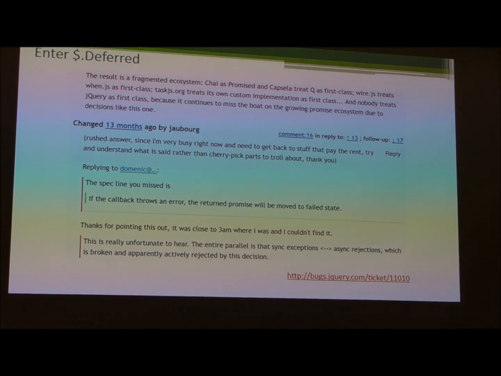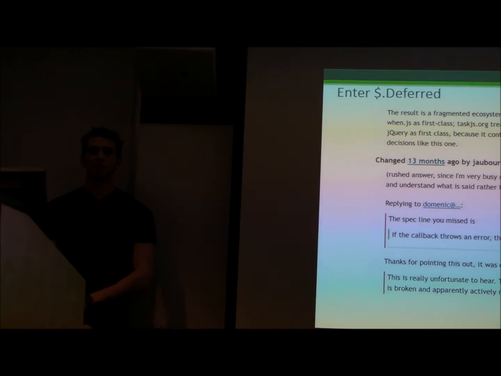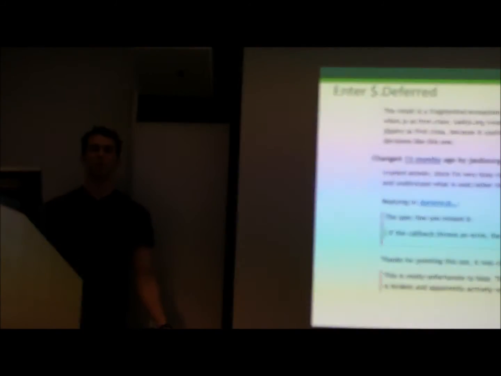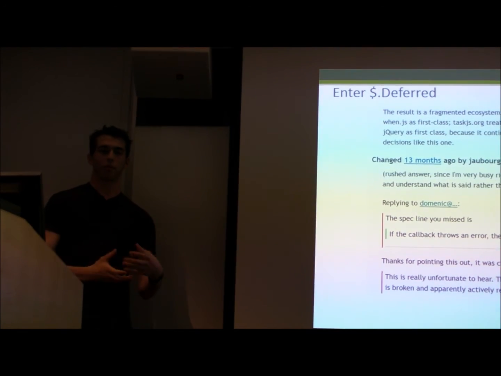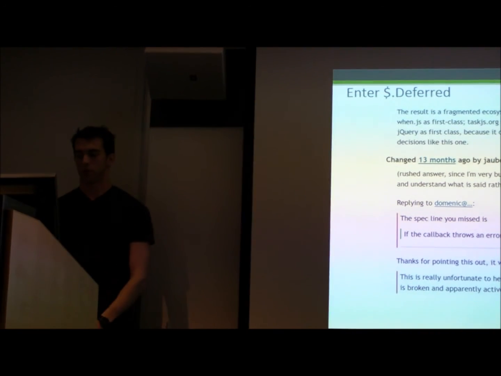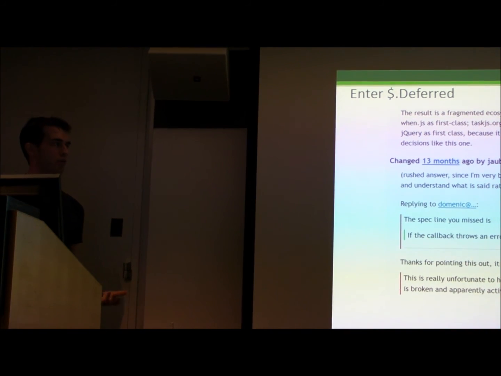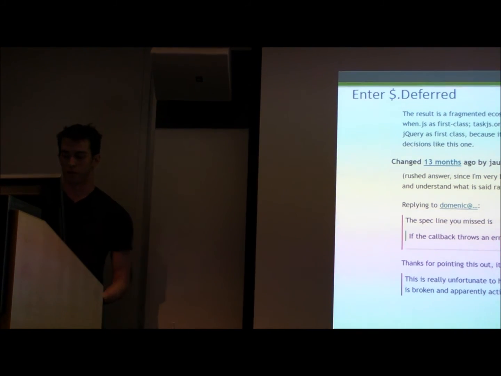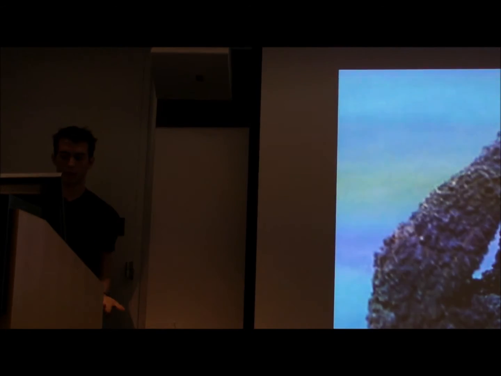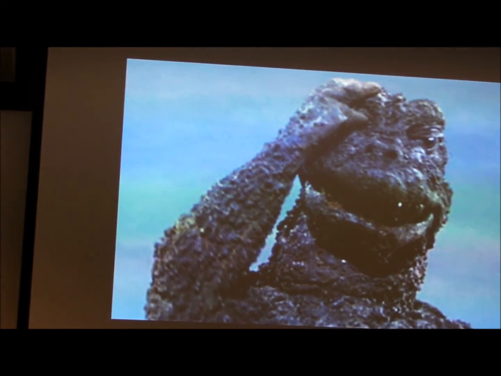The essential problem with jQuery promises, from a technical perspective, was that they missed the entire async-sync parallel. They're just like, this is a nice way to put callbacks together. Let's put them in one promise object. So they failed essential reading comprehension on promises A and how it was supposed to give you this asynchronous primitive with a parallel to the synchronous world. So the only reaction to that was a giant Godzilla facepalm.